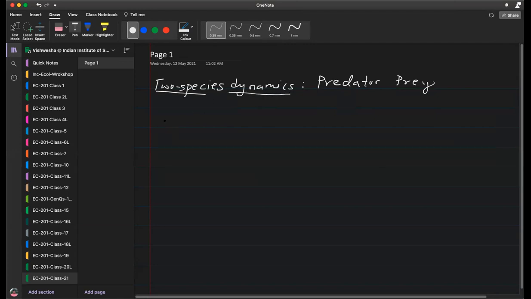So let us write down equations right away. I'm hoping that you're now comfortable thinking through equations for these kinds of systems. So how do we write down the expression for prey dynamics? Let's denote predator by P and prey by n. Then dn/dt. So what are the terms in this going to be? The rate of change of population of prey.